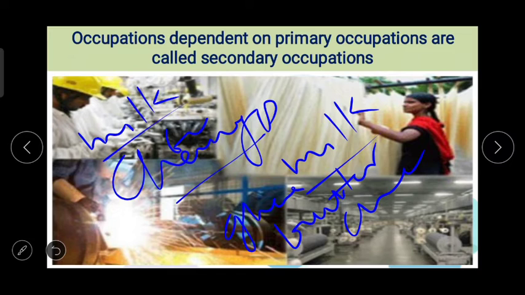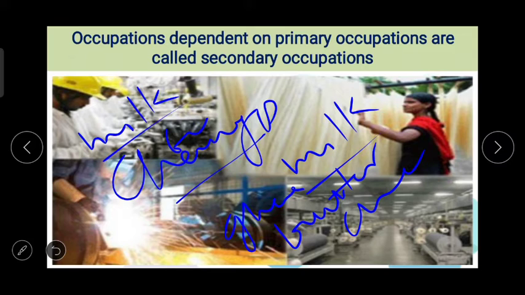So shrikhand, butter, cheese and milk powder are processed from milk, and this processing is an industrial activity. क्या हो गई ये? Industrial activity हो गई, उसमें processing किया जा रहा है, which is in industry. So industries are based on raw materials. To make shrikhand or butter or cheese or milk powder, we need milk as a raw material. अगर हमें श्रीखंड बनाना है, बटर बनाना है, चीज़ बनाना है, मिल्क पाउडर बनाना है, तो हमें रॉ मटेरियल क्या चाहिए? We need milk. More durable goods are produced in an industry.